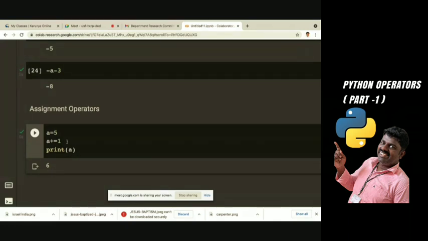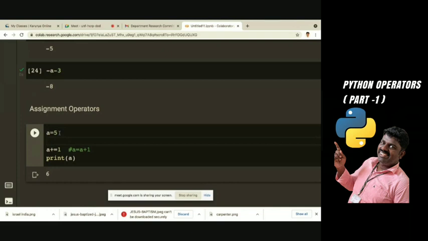So what does this actually mean? Very important thing. a equal to a plus 1. That is the meaning of it. Whenever we are giving a plus equals, this is another shortcut way of assigning the value to a. Got my point? So if I am giving b equal to 4, and if I am giving a plus equals b, that means what? a equal to a plus b, right?